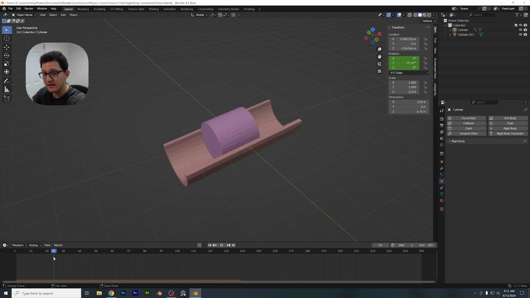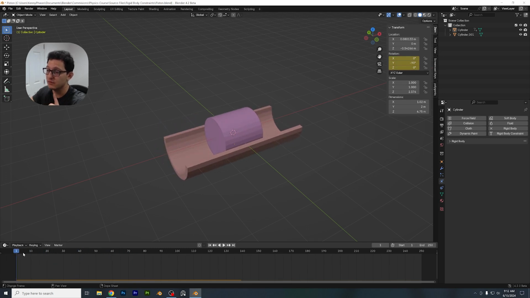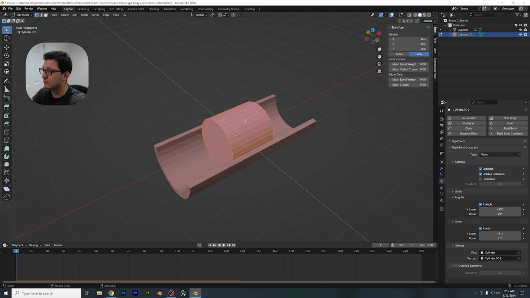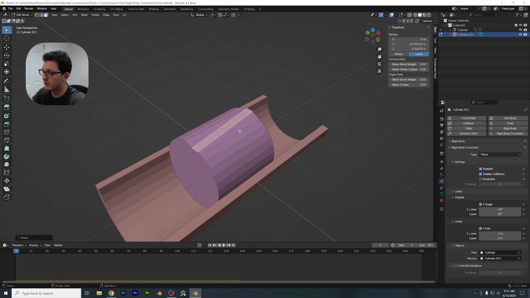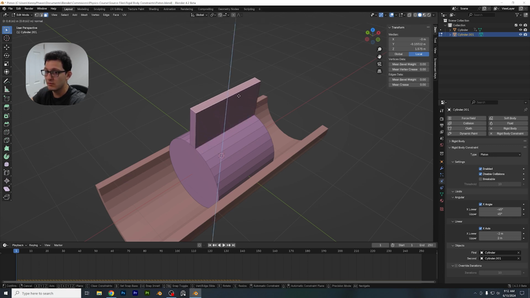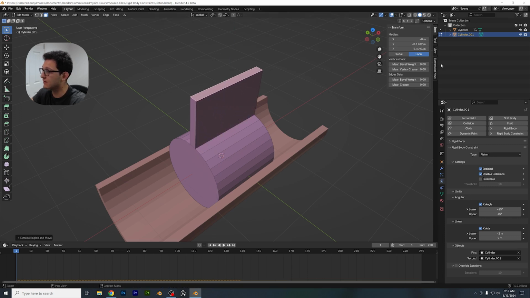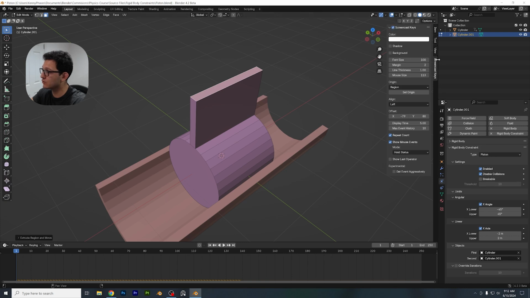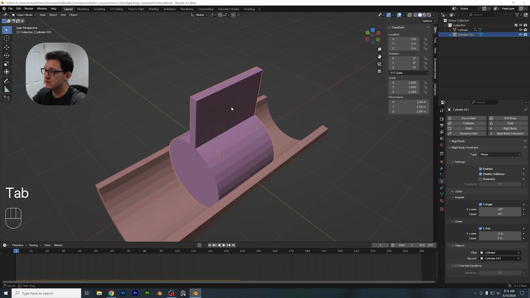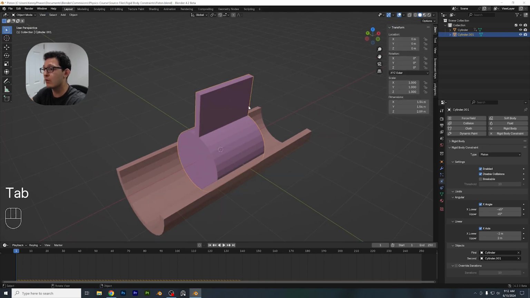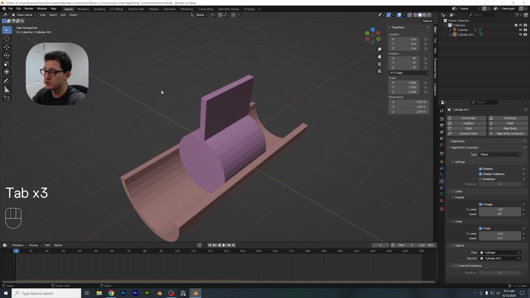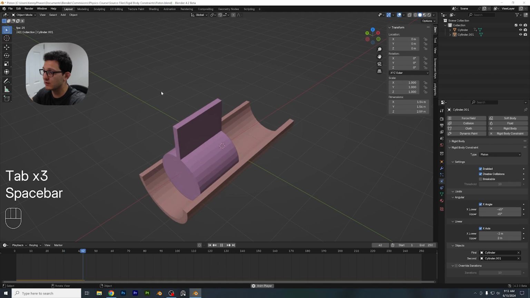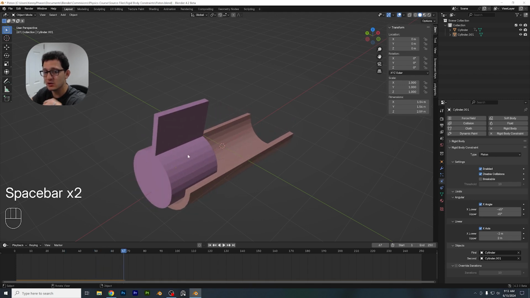Now there's one more thing that I discussed, and that's the rotational value. So let's tab into edit mode on our cylinder. Let's grab our face select mode up here. Let's select one face, and we're going to extrude it. Pressing E is our shortcut key for that. All right, and we're going to make sure I have my screencast keys on here. We're going to make sure that when we're in our edit mode, we extrude at least one face because we want to see if there's any rotation. And there should be maybe a little bit of rotation,